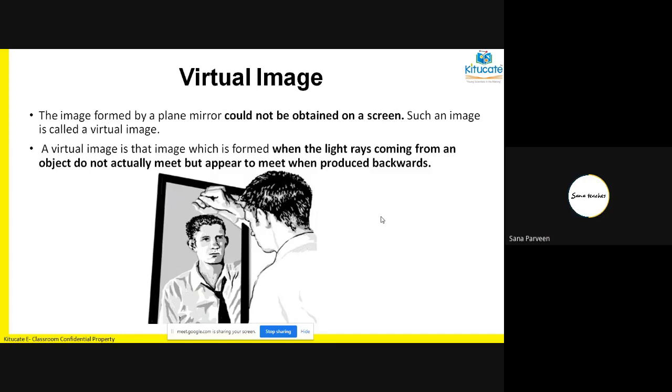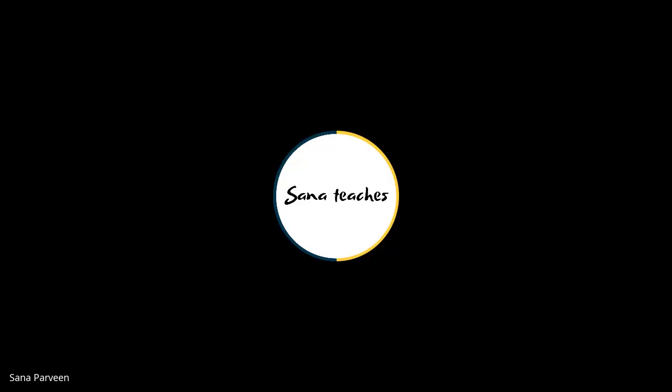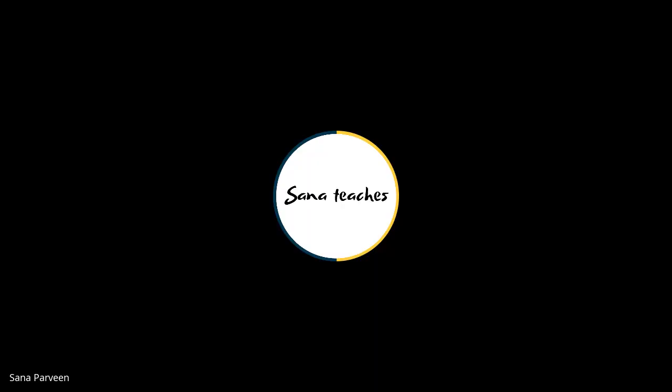It is because, let us just consider this example again. The rays were falling on the plane mirror and got reflected back, and the rays actually went upwards, but I am trying to bring them backwards behind the mirror. This is what we are trying to understand here. The rays do not actually meet, but appear to meet when produced backwards on the opposite side of the mirror. So that is called a virtual image, which is not a real image.